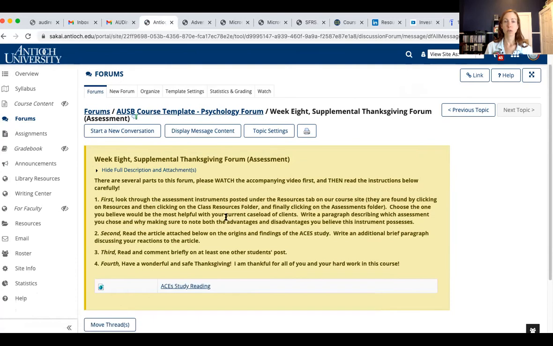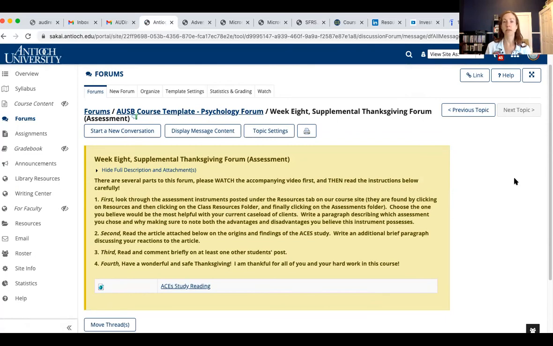So first you're going to look through the assessment instruments that we have posted in our resources folder and that I talked to you about today. And you're going to choose one that you believe would be the most helpful with your current caseload of clients. You might have a specific client in mind, or you might have all 8 or all 10 or all 4 of your clients in mind,